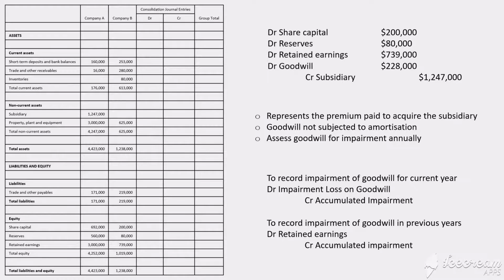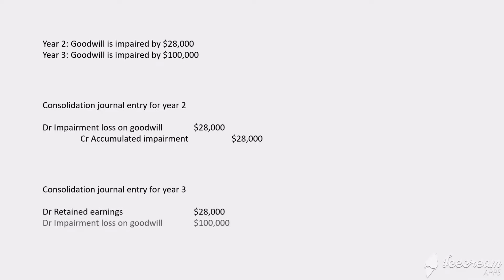To illustrate how this consolidation journal entry works, let's assume that in year 2, goodwill is impaired by $28,000, and in year 3, goodwill is impaired by another $100,000. What is the consolidation journal entry for year 2 and year 3? The consolidation journal entry for year 2 is debit impairment loss on goodwill and credit accumulated impairment by $28,000. Moving on to year 3, the consolidation journal entry is debit retained earnings by $28,000, debit impairment loss on goodwill by $100,000, and credit accumulated impairment by